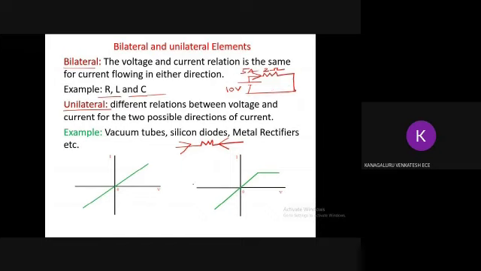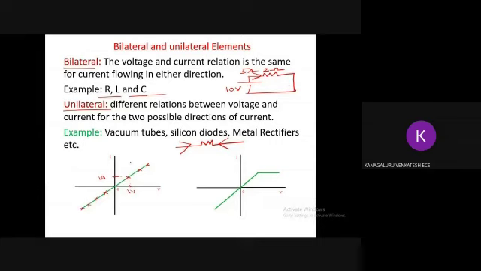Unilateral means, with respect to a graph you could understand still more clearly. At any point of time you see, for example at this point, I will name it as 1 volt, and this y-axis as 1 ampere. So if I extend it, at this point the impedance is going to be same. At this point, it is going to be same. Similarly, this side also, at this point, it is going to be same. So everywhere it is same.